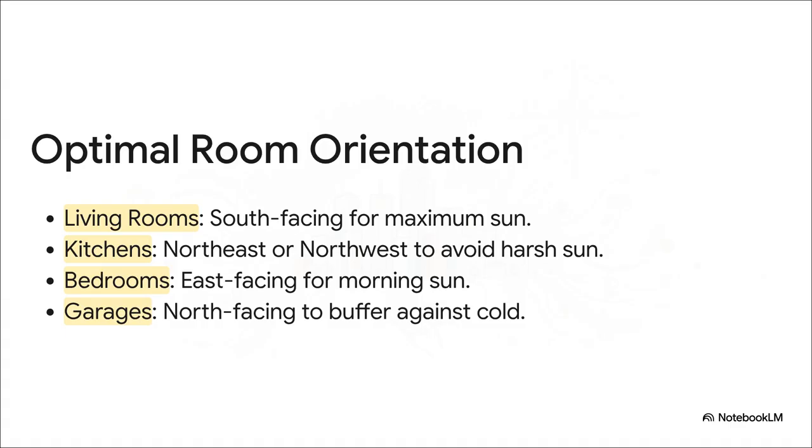You put living rooms on the south side to catch that low winter sun for free heat and light. You put bedrooms on the east side for that gentle morning sun. And the garage, you stick it on the cold north side to act like a buffer against winter winds. It's smart, passive design, all based on the predictable data of the sun's path across the sky.